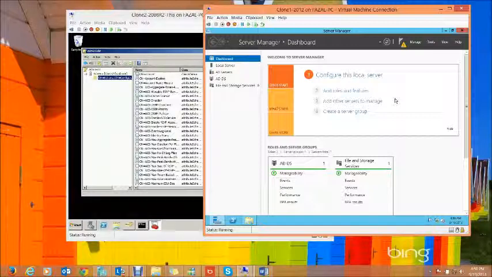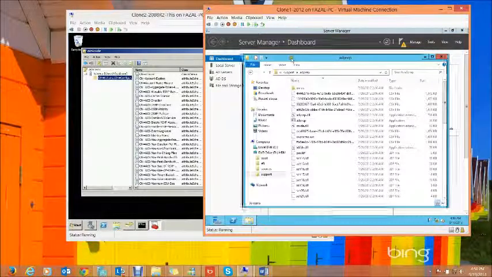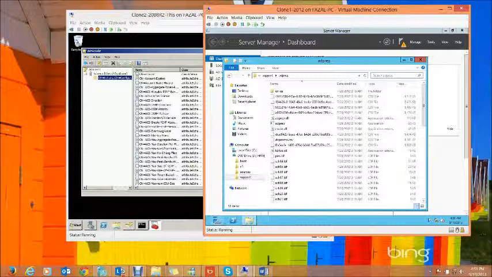So once you do a DC promo, in the background it would do a seamless schema upgrade for you without any intervention. But if you want to do it manually, the AD prep is still there inside the media. It's in the support folder. The enhancement which we have made in AD prep is that it can now also be run remotely. It is not mandatory to run it from the Schema Master.